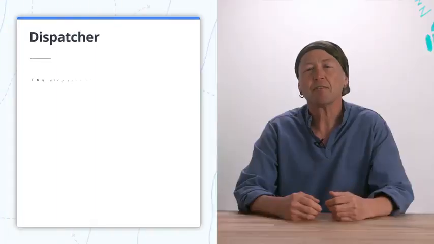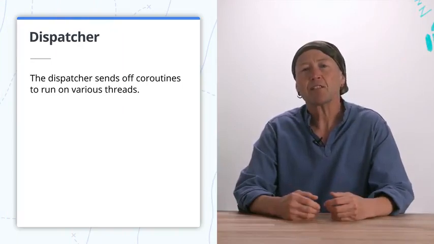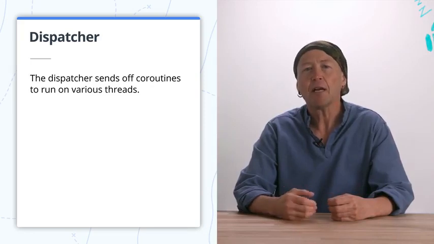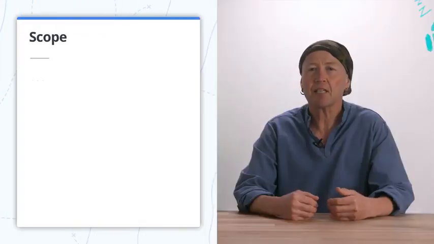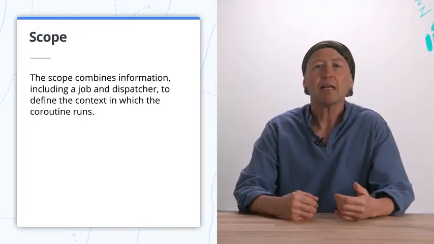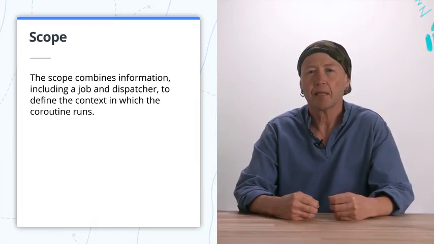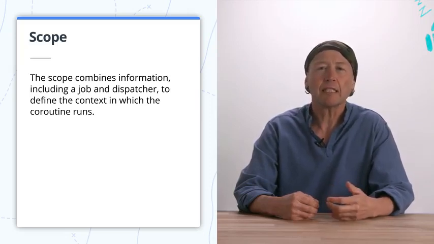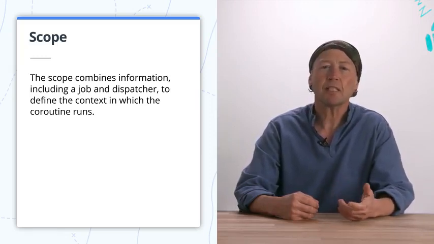The dispatcher sends off coroutines to run on various threads. For example, Dispatchers.Main will run tasks on the main thread, and Dispatchers.IO is for offloading blocking I/O tasks to a shared pool of threads. The scope combines information, including a job and dispatcher, to define the context in which the coroutine runs. Scopes keep track of coroutines. When you launch a coroutine, it's in scope, which means that you've said which scope will keep track of the